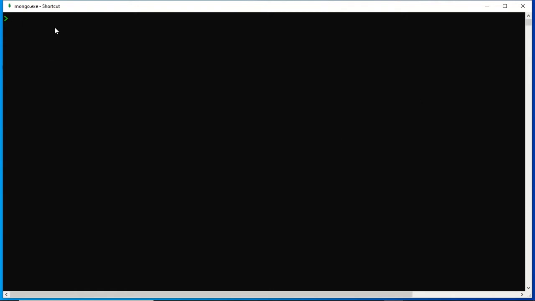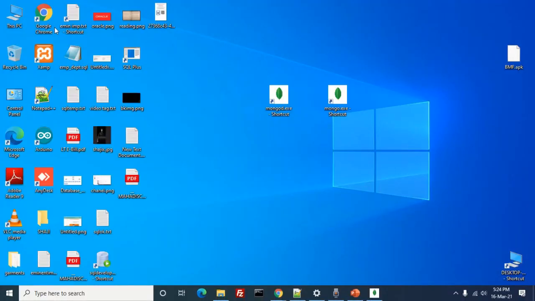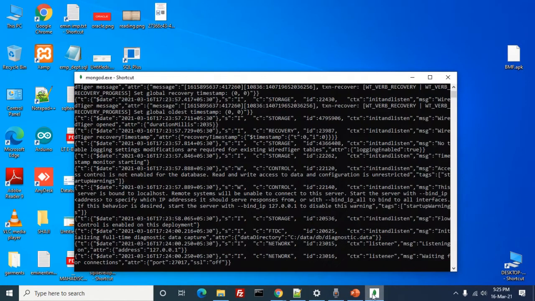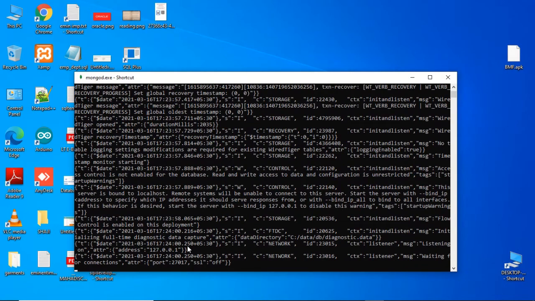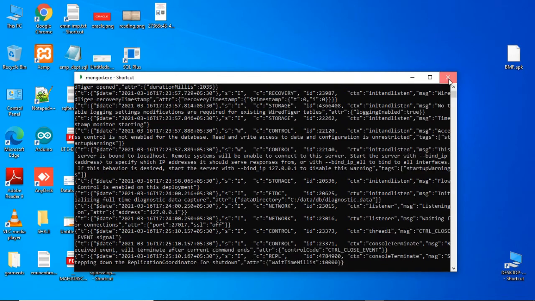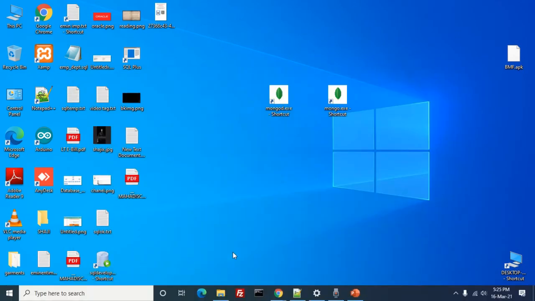If you want to exit the Mongo shell, you have to say exit and enter, okay. This will say bye and you are out. And now you have to stop the server also. The server is here, you can see the server is started here. We have minimized it. To close the server, you close it from here, okay. So it automatically closes it, fine.